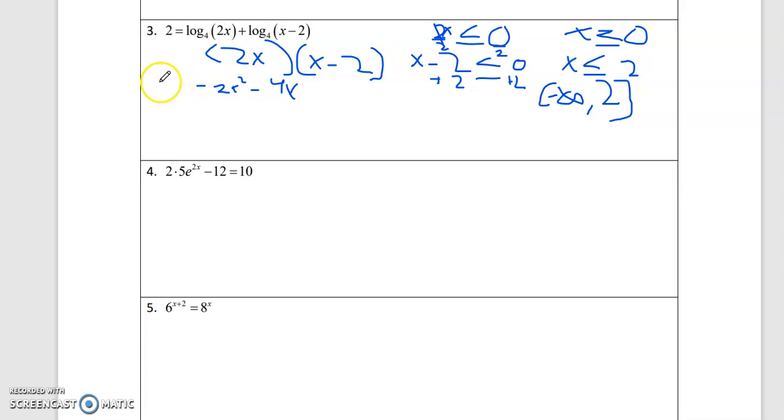And what I forgot to do is add the log base 4. Oh, that's a little sloppy. We'll clean it up. The log base 4